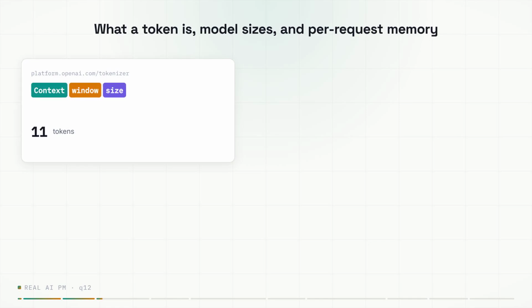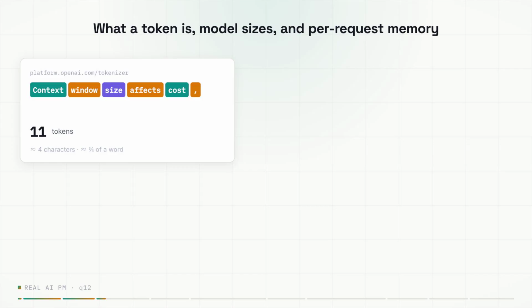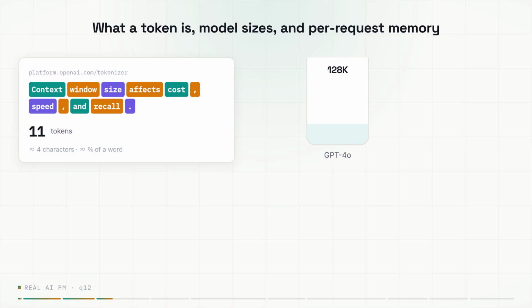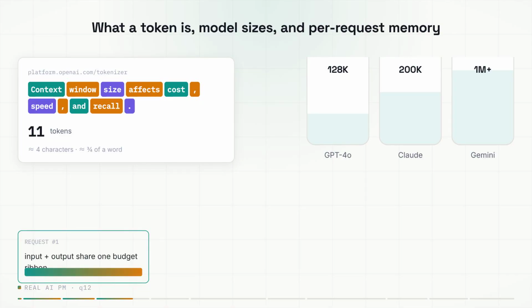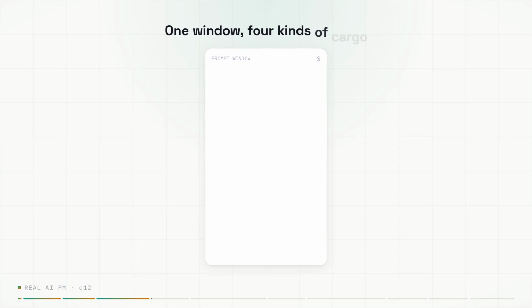The context window is the maximum number of tokens the model can attend to in a single request, and that's input and output combined. A token is roughly 4 characters or about 3/4 of a word. For reference points, GPT-4o sits around 128,000 tokens, Claude around 200,000, with some variants at a million, and Gemini 1.5 goes up to a million or more. Think of it as the working memory for that one specific request. Nothing carries over between requests unless you explicitly put it back in.